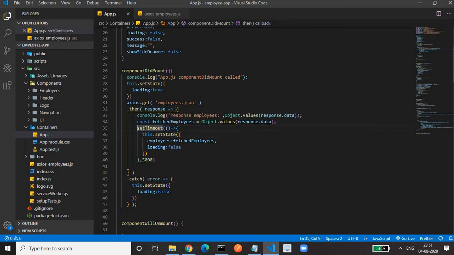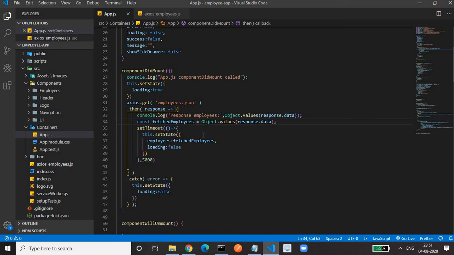Here I have written setTimeout purposefully to give a delay of 5 seconds to show the loader for demo purposes, because in real time we have a lot of data and that will take some time. So for that a loader is necessary, but in my demo application, as we have less data, it is difficult to see the loader. Just to show the loader concept, I have given a 5-second delay, but actually the setTimeout is not needed at all. You will write this code directly under this line.